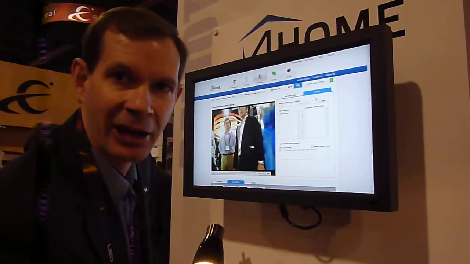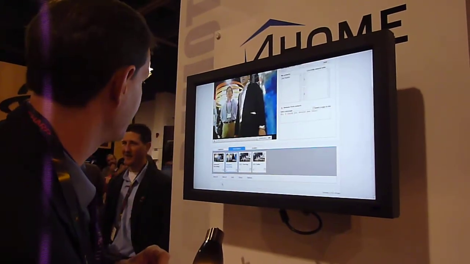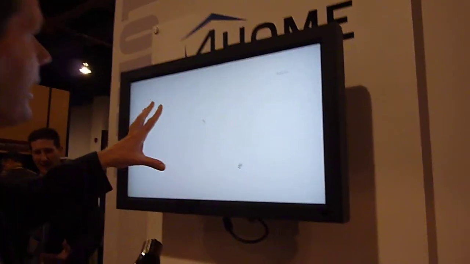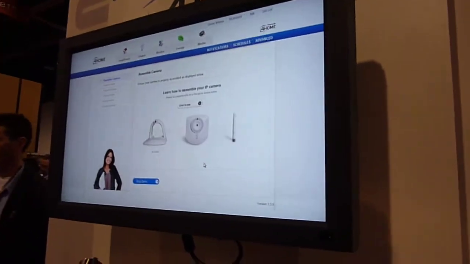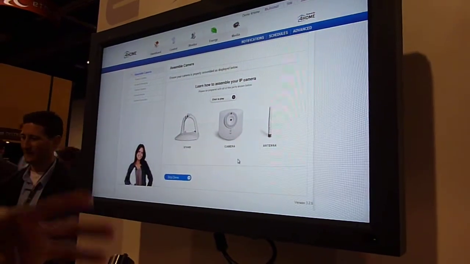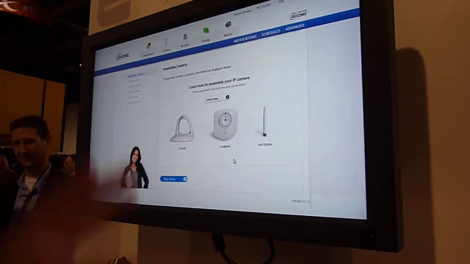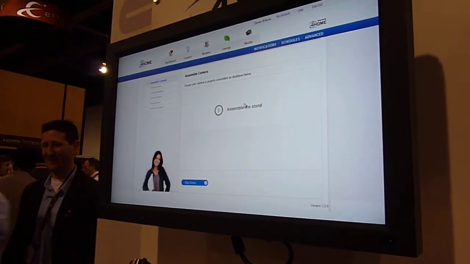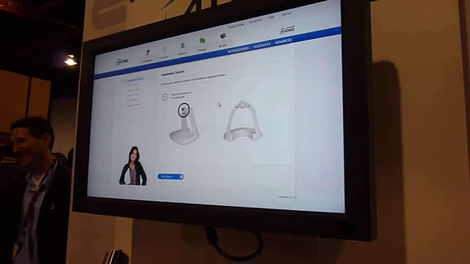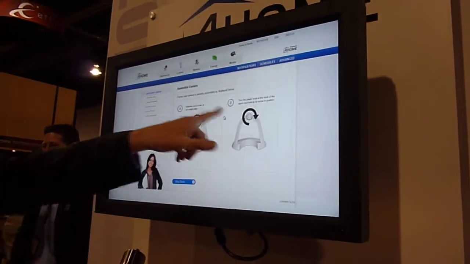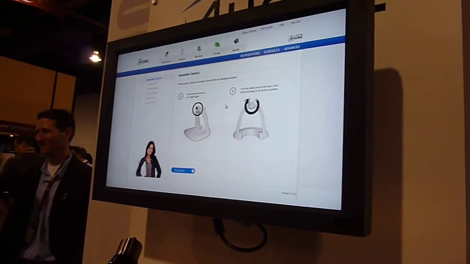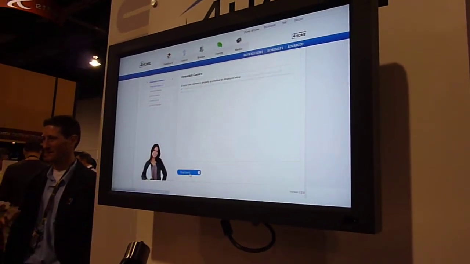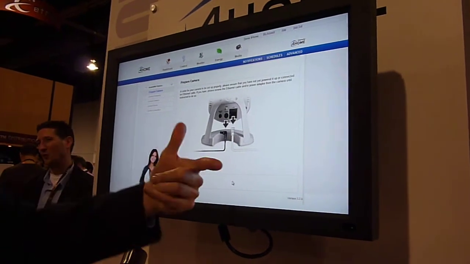Let's say, for example, I want to add a new camera into the system. We can come down here and say that I want to look at my cameras, add a brand new camera, and as we go in, we're actually plugging in our setup wizard. So we do everything to make this as easy as possible. For example, we create assets for the products that we support with something we call the back-end home eco-management database. As a company that doesn't make hardware, we still have to ensure the quality of product. So we'll go through and create assets for the individual products, make it as simple as possible to assemble the products, put the products up, and use those products. Even telling you how to plug things in, when to plug them in.